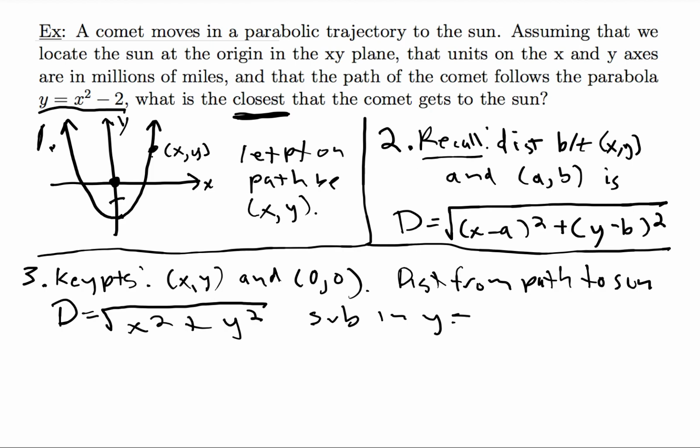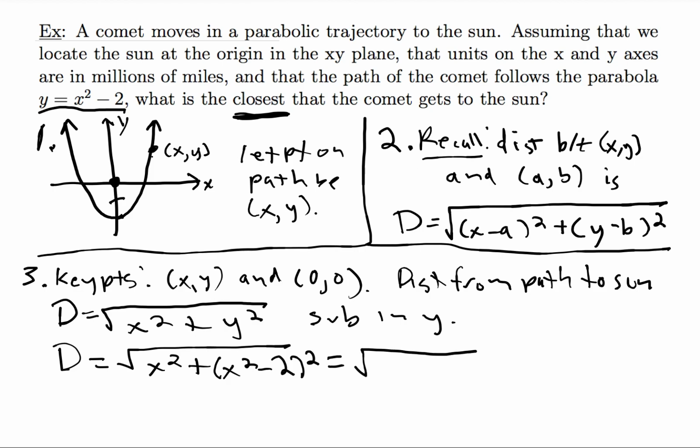This means that we'll get, actually let me go ahead and do this over here. We'll get d is, if I sub in that y, x squared plus quantity x squared minus 2 squared. And there's a bit of cleaning up we can do here, just so there's a little bit less clutter when we deal with it later. Like, I can FOIL that out. I'll get x to the 4th minus 4x squared plus 4,